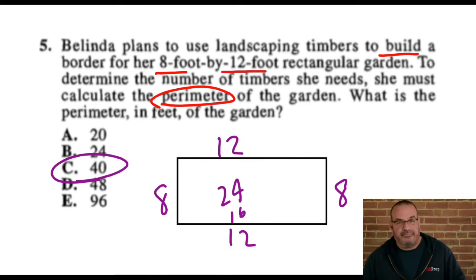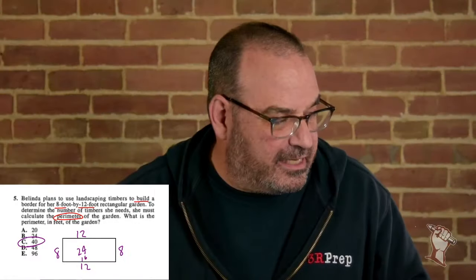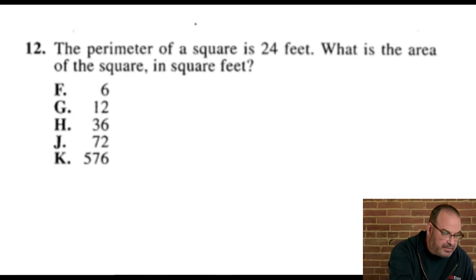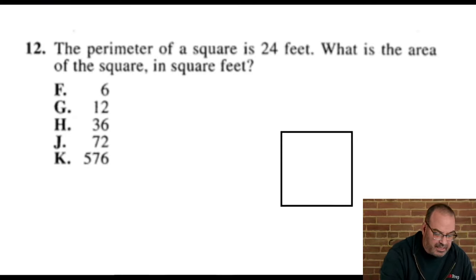40. Last digit math like yesterday. Love doing it. The perimeter of a square is 24 feet. What is the area of the square in square feet? A square, interestingly enough, if you all don't remember this, a square